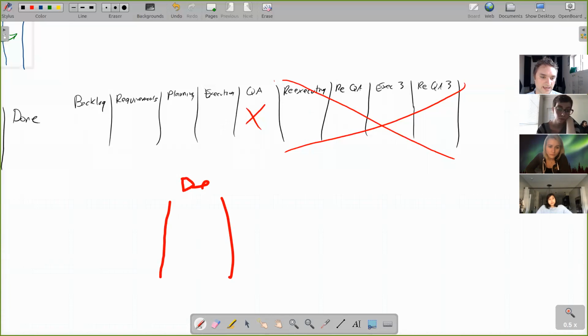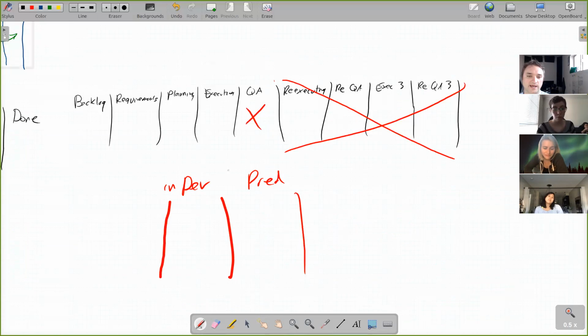It's like in dev, and why am I using a mouse? I have a pen with me. So it's like in dev step and PR'd. And maybe you say, all right, we only want 2 PRs open at once. So if we have 2 things waiting to be reviewed in PR, sure doesn't make sense to pick up any more tickets.